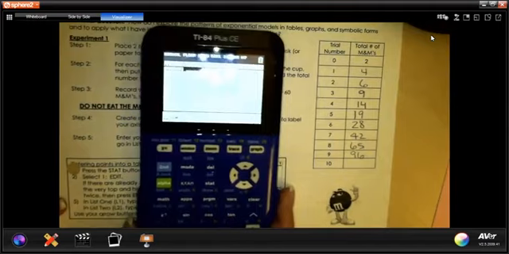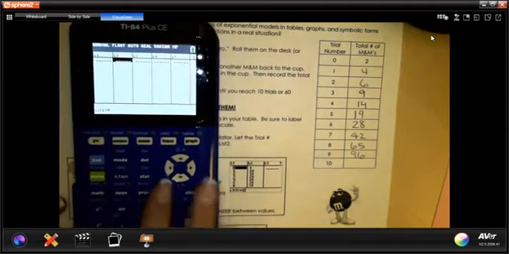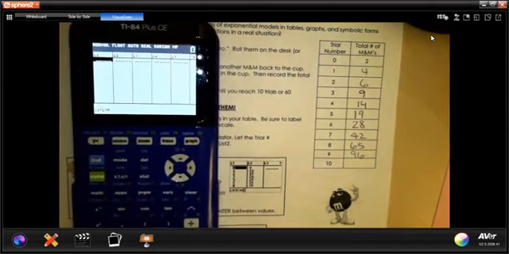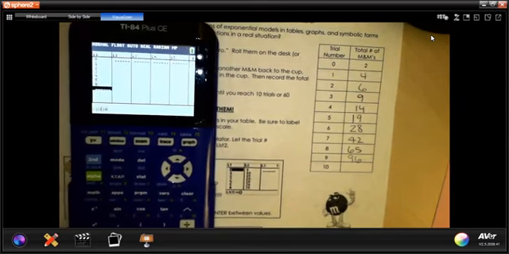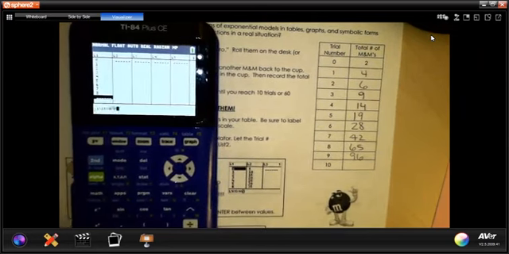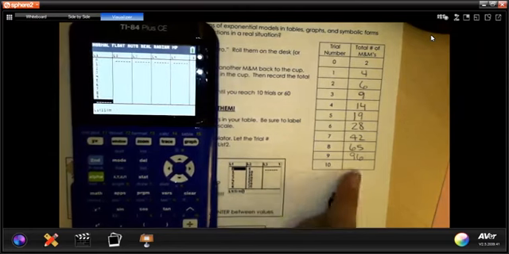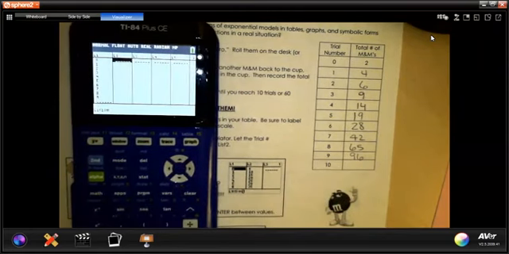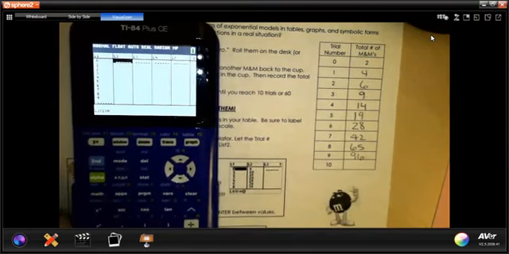So in the L1, I'm going to go ahead and put my trials, and I'll start with that 0 on this one. 0, 1, 2, 3, 9. I'm not going to put the 10 in there since I do not have a value that goes with that 10. Now for L2, I'll go ahead and put my values that we got for the M&Ms. So the 2, the 4, the 6,